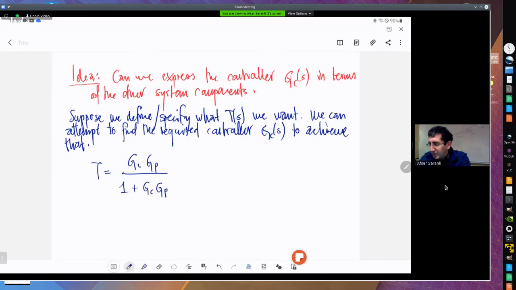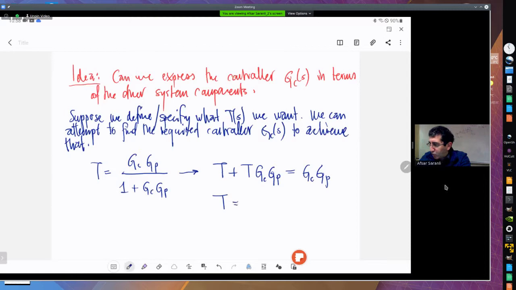So I can simply write down T plus T times GCGP on the left hand side is equal to GCGP on the right hand side. So that means I have simply T